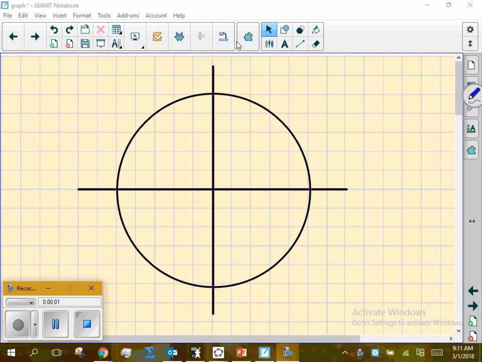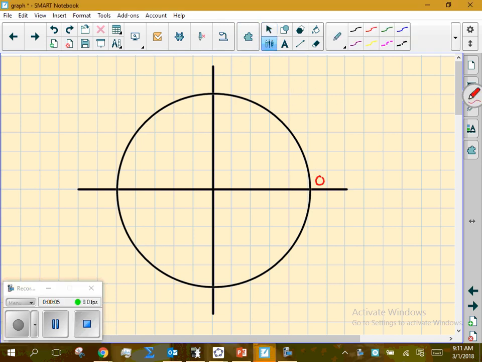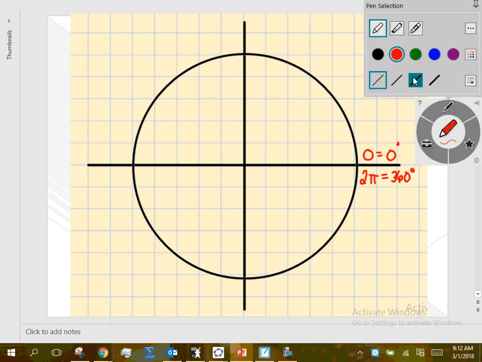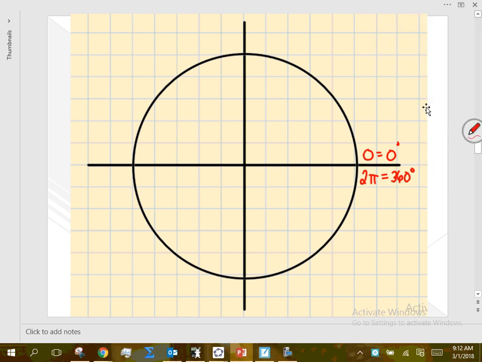About how the unit circle is developed. We obviously know it starts at 0 radians or 0 degrees, correct? And we finish at 2 pi radians or 360 degrees. Okay, did everybody agree with that? Okay. We also know that